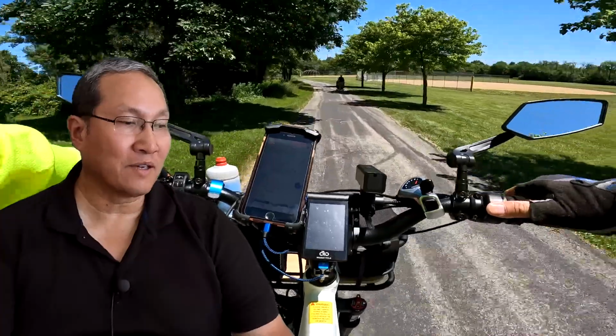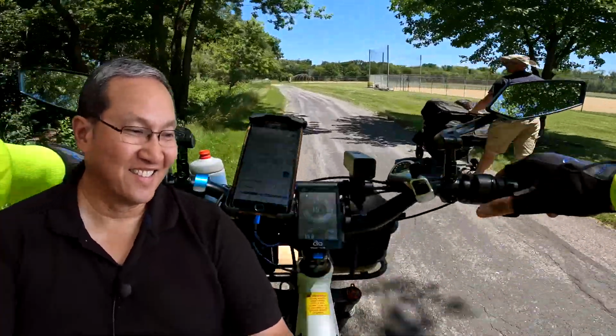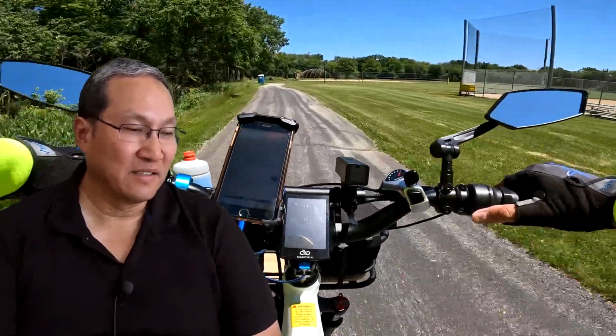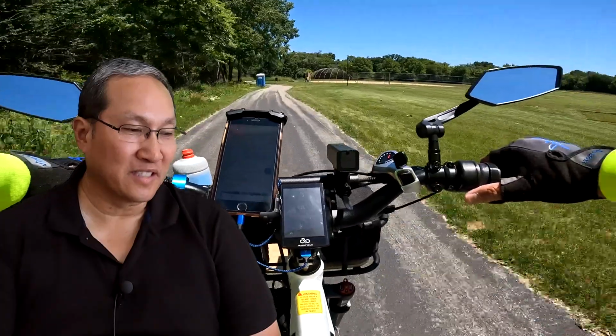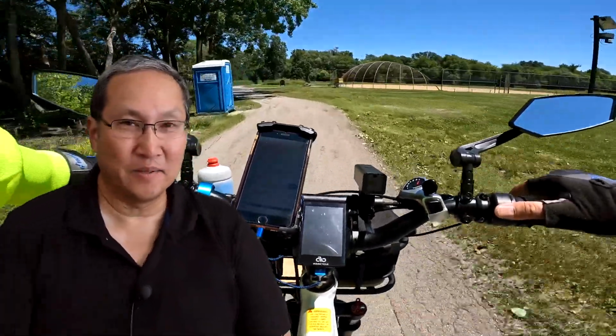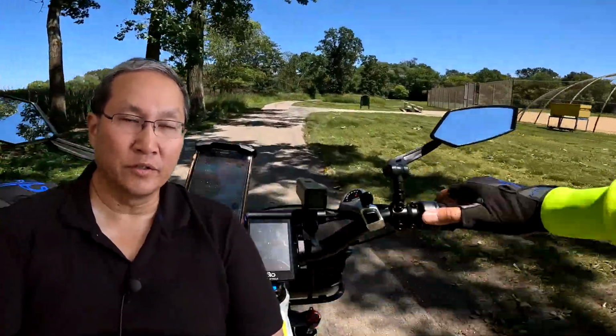Okay, what he's talking about really is ghost pedaling. So is there a setting on your gears or on the PAS thing so you don't have ghost pedaling? And the answer is no. It's all in the gear ratio. So the only thing you can do to fix ghost pedaling like that is to change out either the cassette,